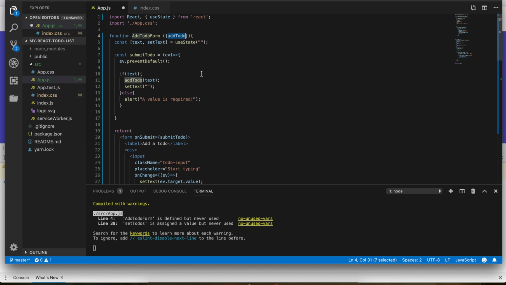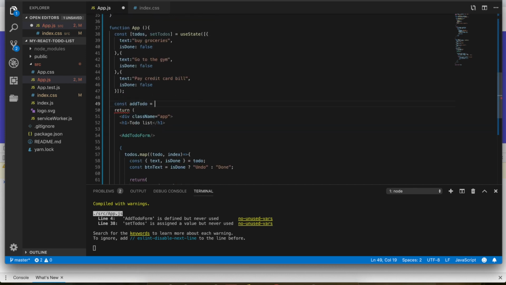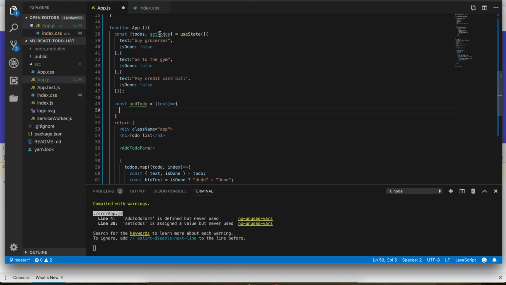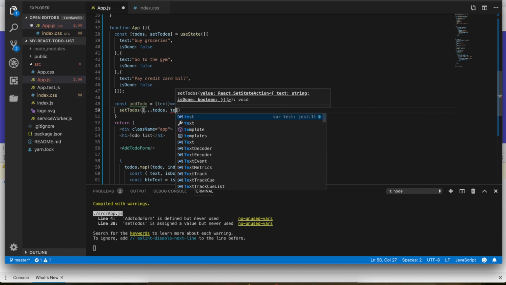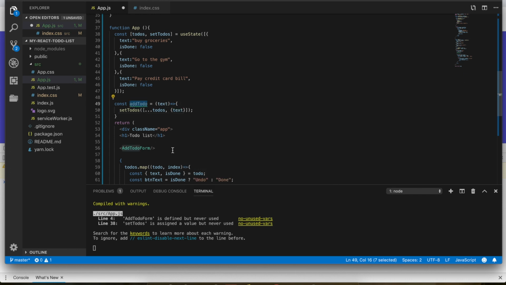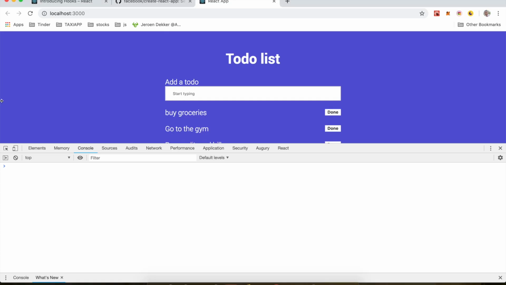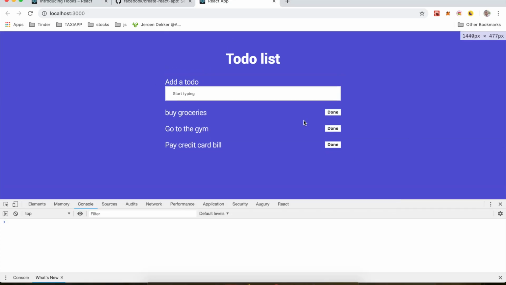So I'm just going to create a function here called addTodo, which will take in the text, and again I'll use setTodos to update the state, which is our previous to-do list plus the new text which we are adding right now, and we pass it here as props. So if we go here, we have our input box, and if I type something, buy bread,